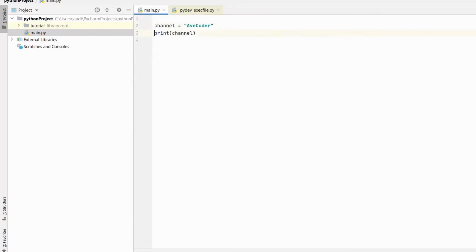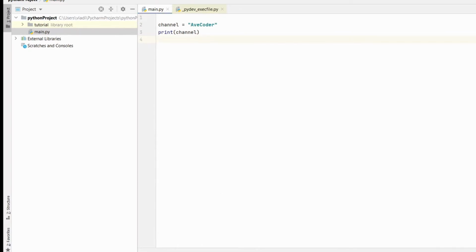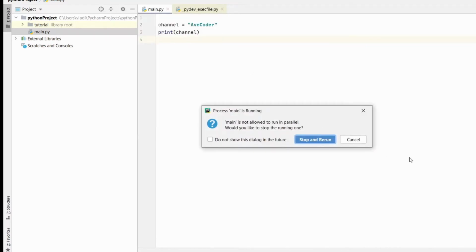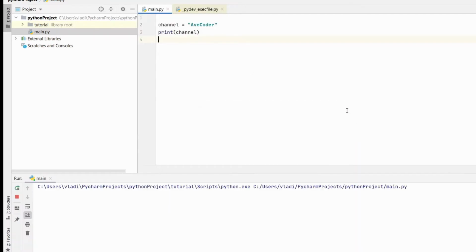To run this code, I will get rid of our references and I'll run it. I highly recommend you learn the shortcut keys to run or save or do other stuff. But for now, I'll show you how to run it the old way. So it has printed out Ave Coder, the value of the channel variable,